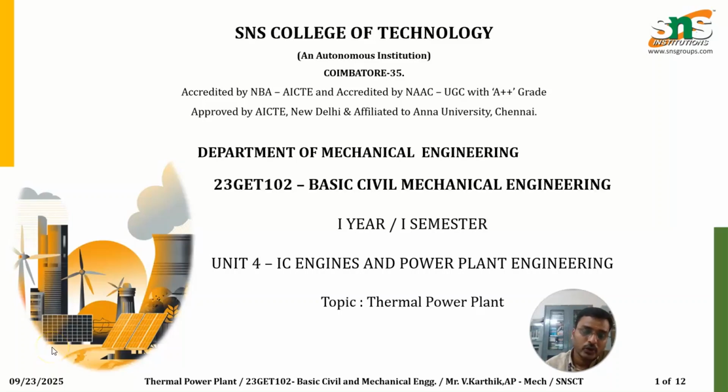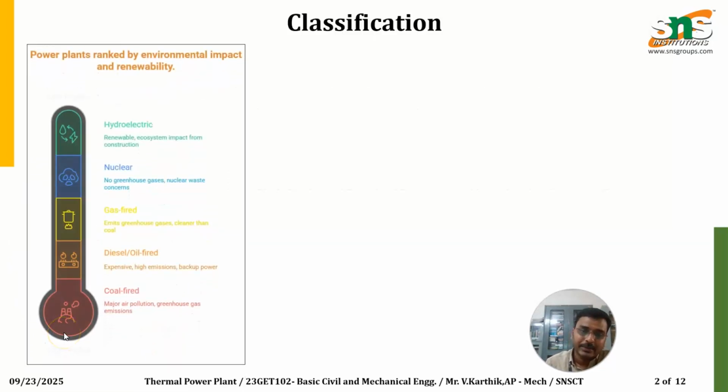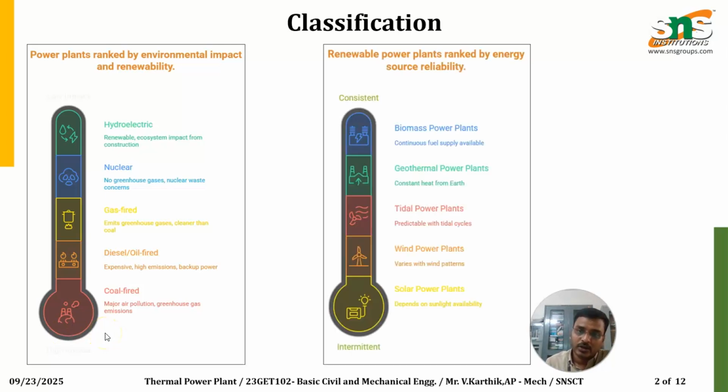Good morning to all. Today we're going to see a topic on thermal power plants, in Unit 4 of the subject Basic Civil and Mechanical Engineering, where the power plants are of different types: the steam power plant, the hydroelectric power plant, the diesel power plant, the solar power plant, and the nuclear power plant. We have more or less six types of power plant. Now, the first one we'll see about